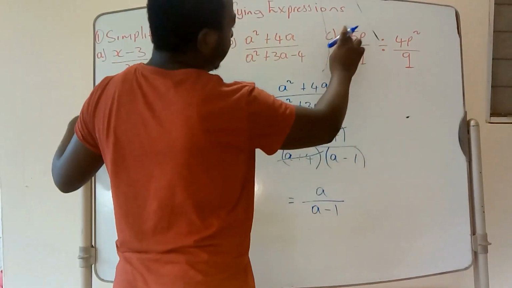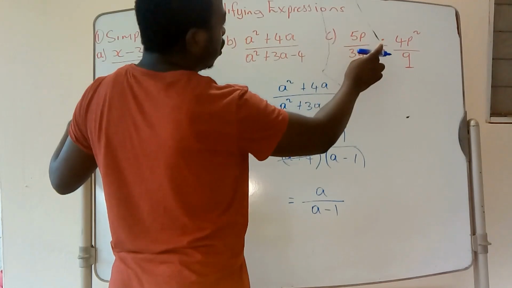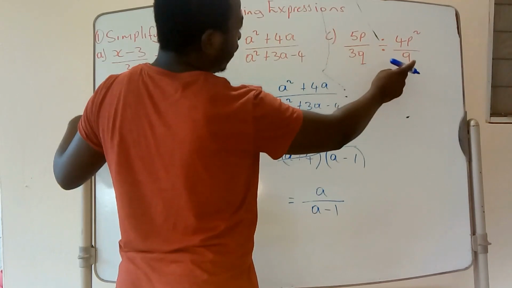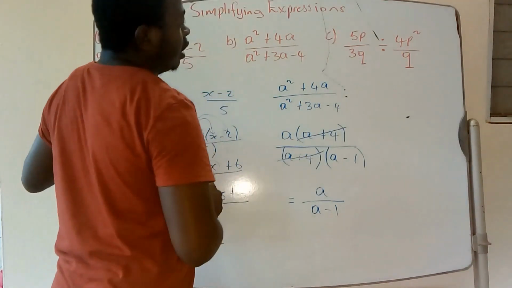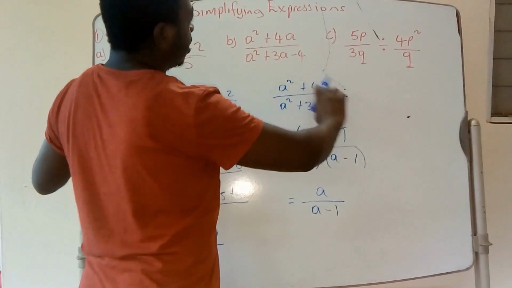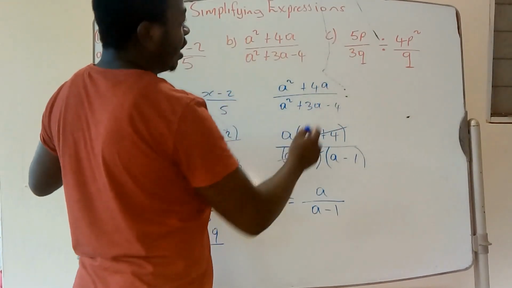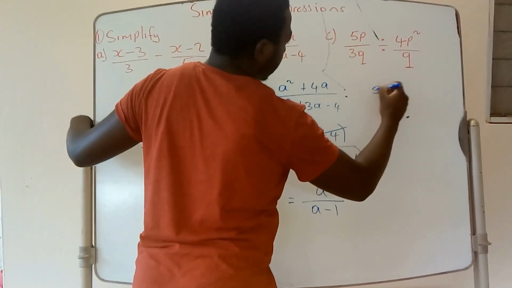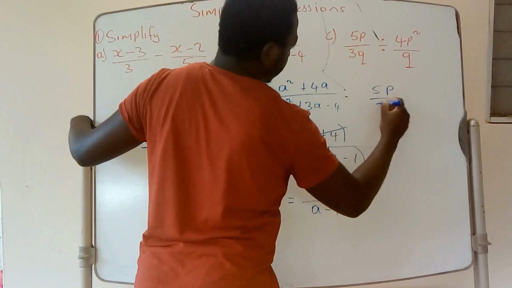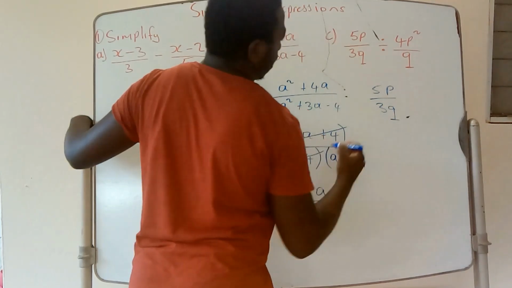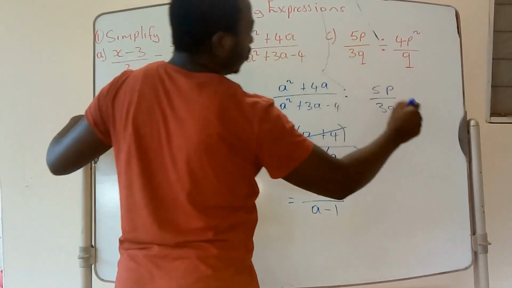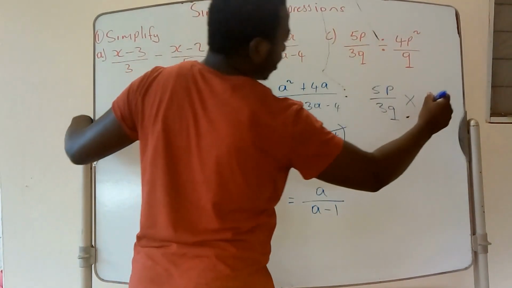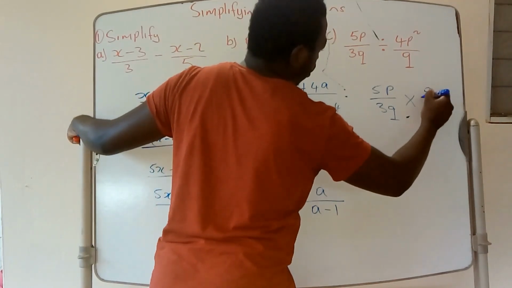Okay? Now you have 5p divided by 3q, divided by 4p squared all over q. And they want us to combine this into a single fraction, or simplify. So what you're going to do is write back your first fraction, which is 5p over 3q. You're going to change the division sign to multiplication, and you're going to invert the last fraction. So this becomes q over